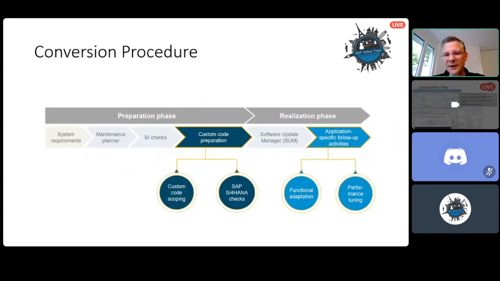System conversion has a lot of activities, not only custom code. Today we're only focusing on the custom code part. So usually SAP Basis is using maintenance planner, using Zoom DMO to convert the whole database from the legacy database system to HANA and to the new data model and so on. And at the end, you will also have application-specific customizing, transformation jobs, and so on. So a whole project team is involved, and the developer has a very important role in this transformation project to adapt the custom code.